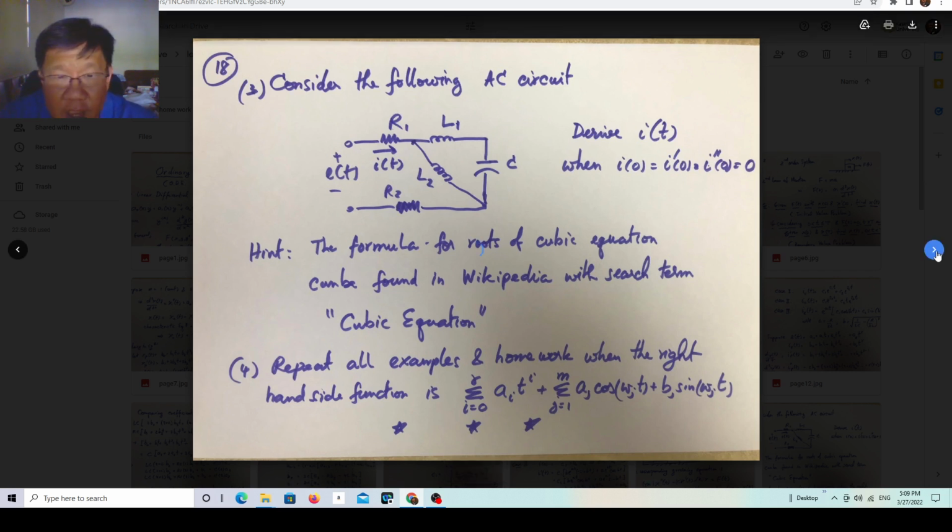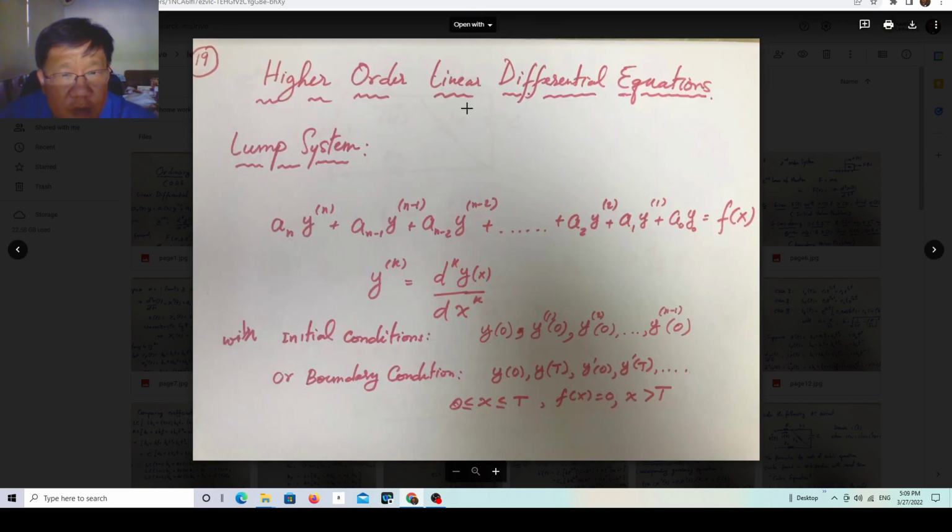Next time, we're going to move on to a little more complicated technique we call higher order linear differential equations, because up to this point we only derived the solution for the first order system and the second order system. But in reality, an engineering system is a very large system. It consists of several of these first order and second order parts